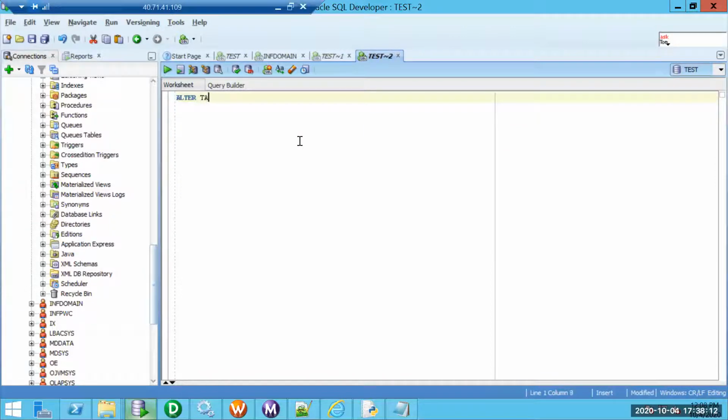Alter table employee, add effective start date, effective start timestamp also we can say, effective start timestamp, give date timestamp.